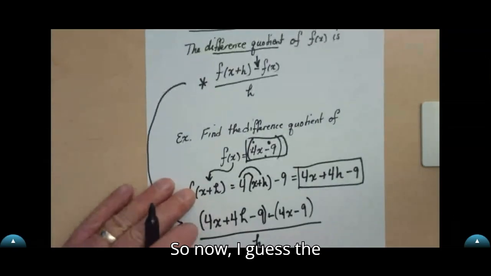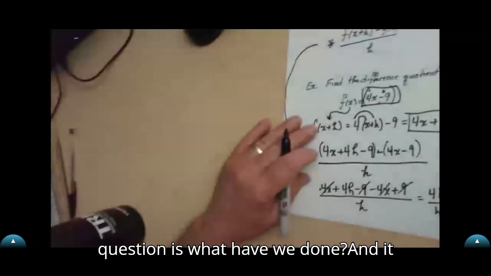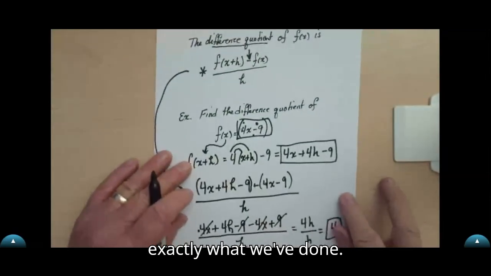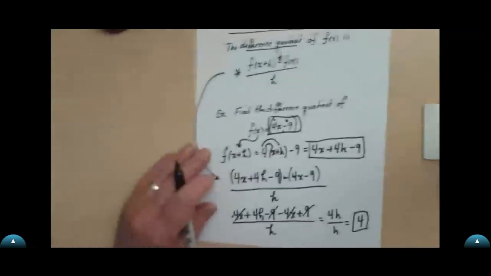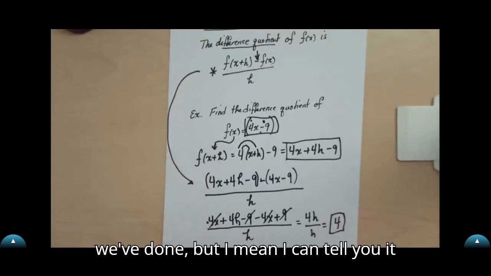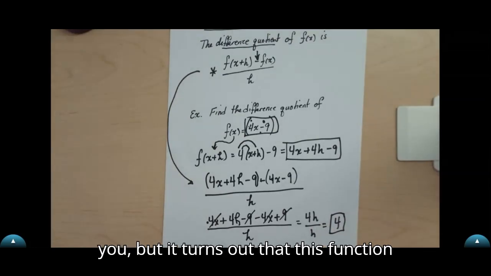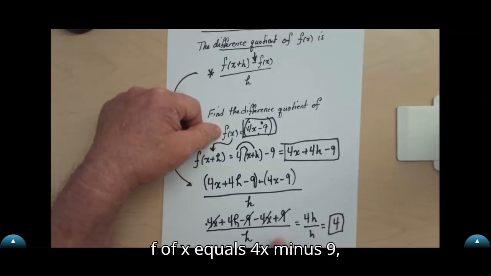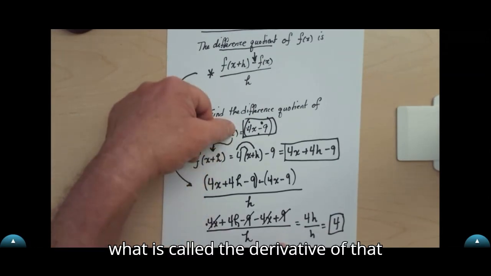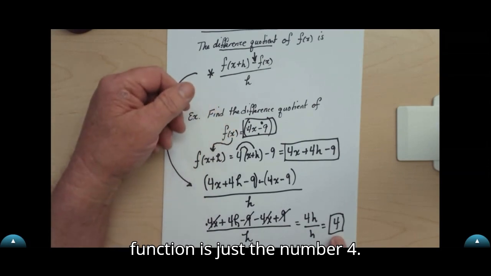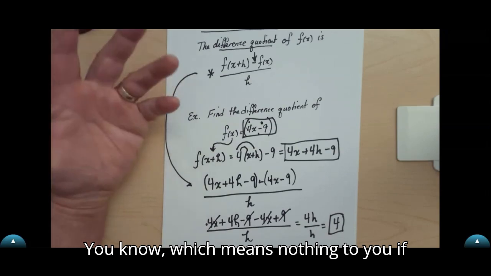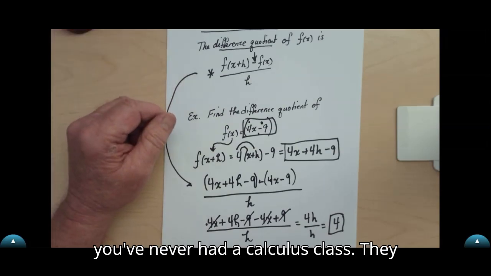So now the question is, what have we done? And it kills me to say that I can't tell you exactly what we've done, because you need calculus to know what we've done. I can tell you, it just might not make a lot of sense to you. But it turns out that for this function f of x equals 4x minus 9, what is called the derivative of that function is just the number 4,